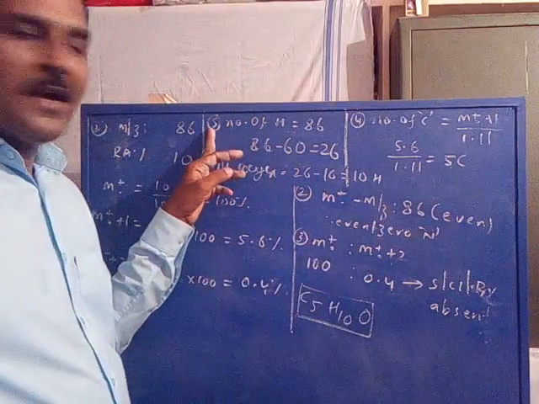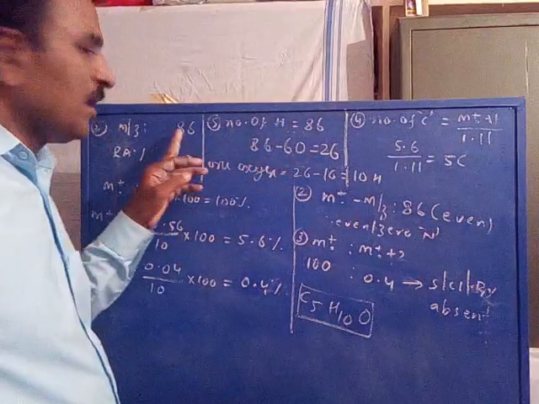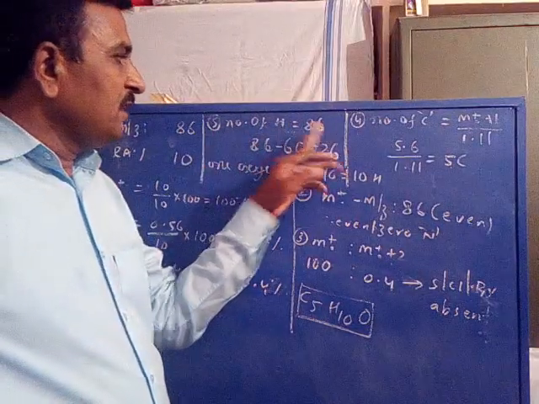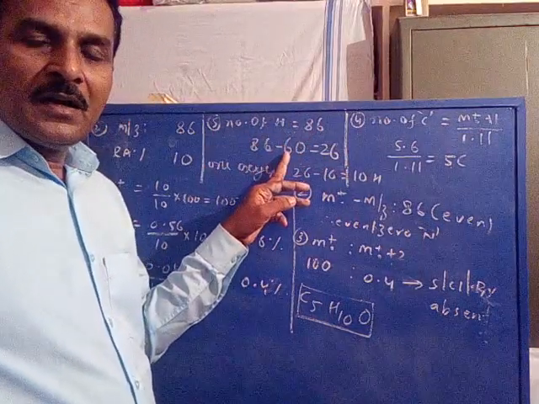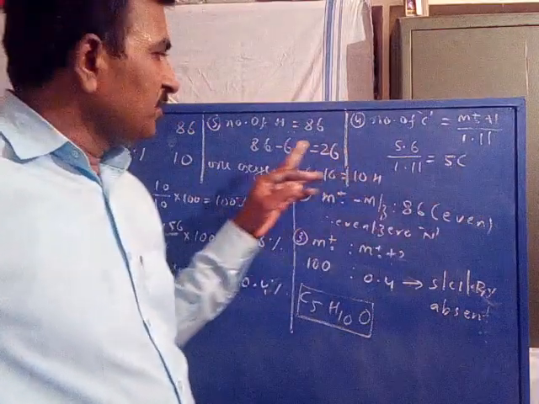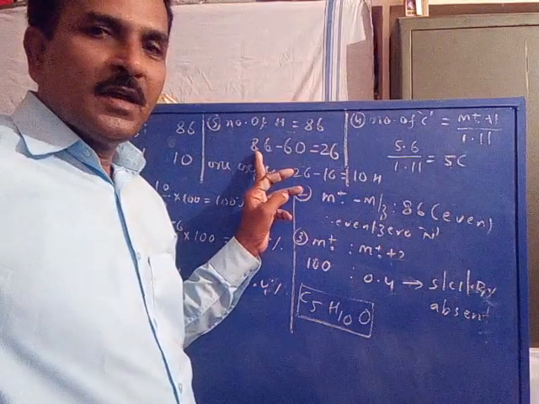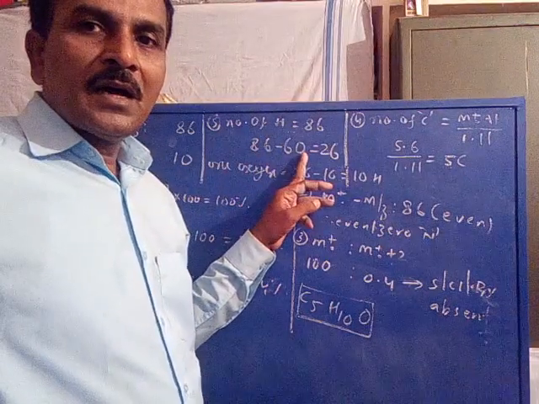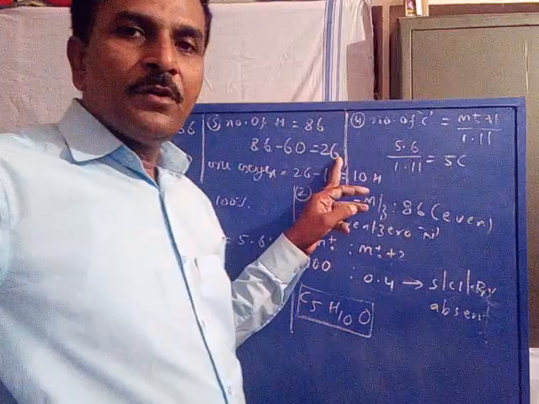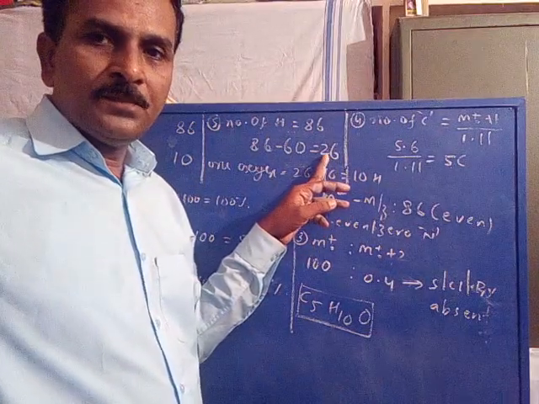Now coming to the fifth guideline, the number of hydrogens is equal to the m/z value of the molecular ion, 86, minus the predicted atom masses. Predicted atoms are 5 carbons. 5 into 12 mass becomes 60. So 86, the m/z value of the molecular ion, minus the carbon mass, the leftover mass becomes 26. So the leftover mass is 26.